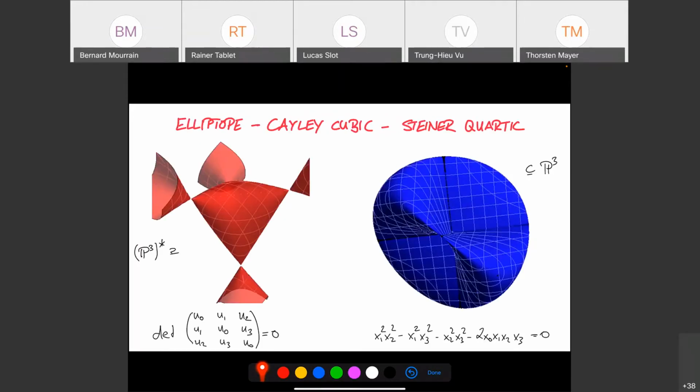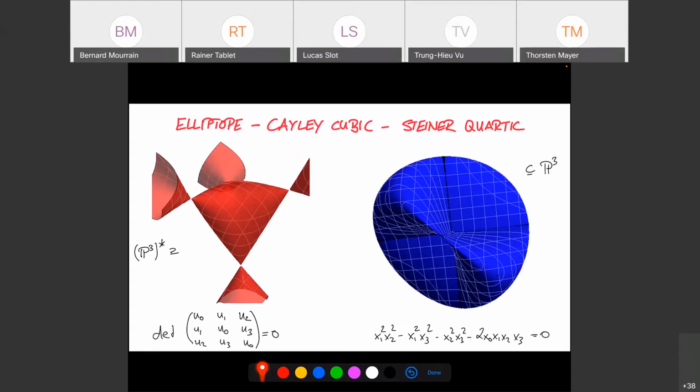Okay, so what is this duality? Many of you know the elliptope and like it very much. For the algebraic geometer, this is known as the Cayley cubic, and that's the creature on the left-hand side. For us, in some sense, that is more natural in the dual space. We have the spectrahedra in the dual space, and the numerical range itself is the polar. That's the one that's for us the primal object. So the dual is for us in the primal projective space.